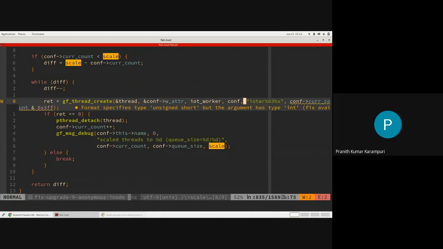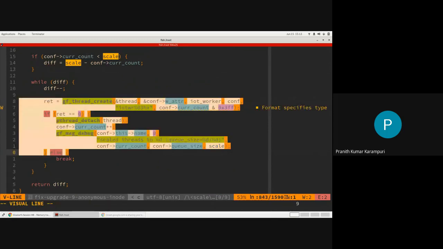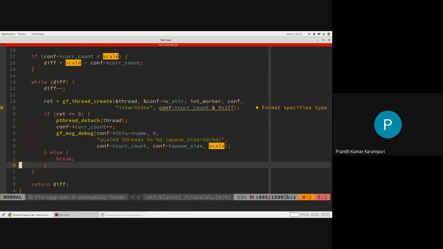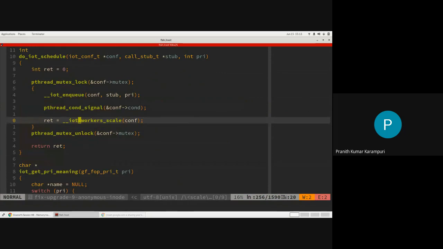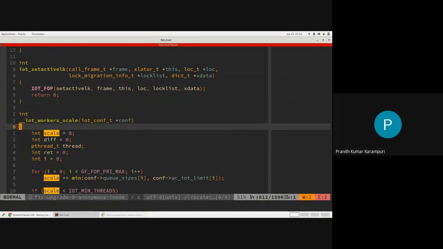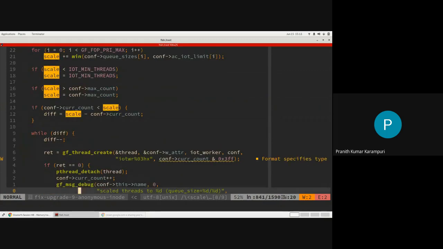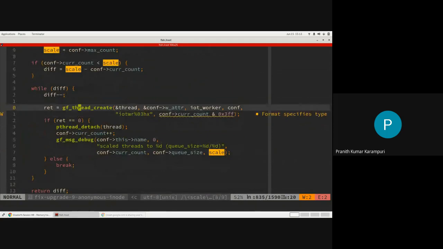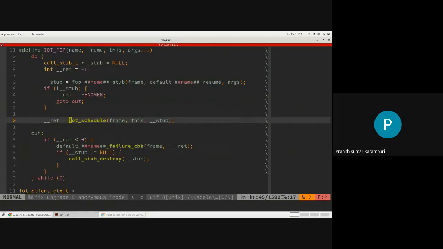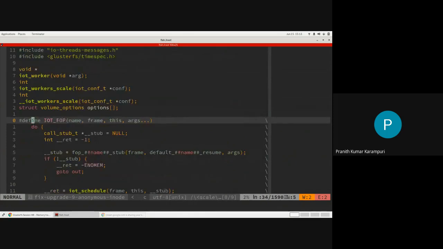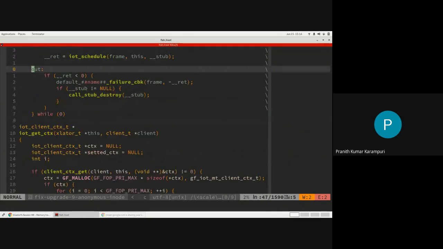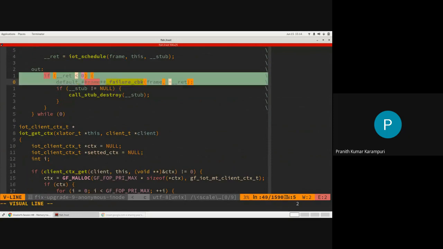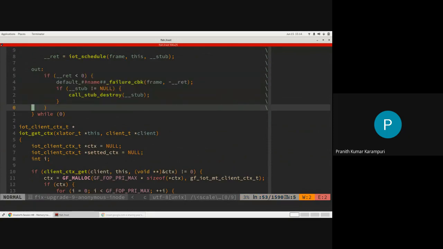So that is what is happening here. It will start a new thread. Okay, so these threads are going to process these requests that we are actually enqueuing. So basically this completes the flow. Once it sets the schedule, if there are no errors, its job is done.